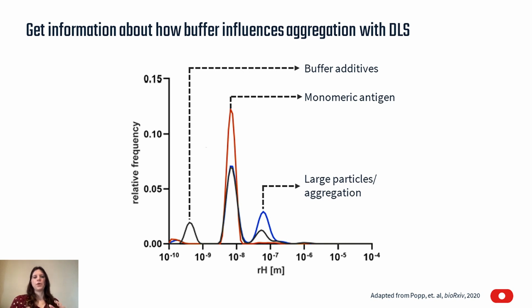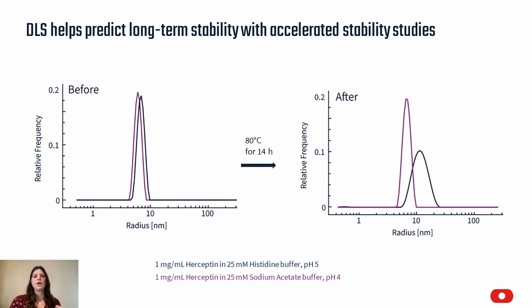Now last, I have an example of an accelerated stability study. Biologics teams need to predict how their candidates will behave long-term, and accelerated stability studies help with that. A biologic is stressed for a relatively short time period, and then the information is extrapolated to predict how it will behave long-term. Here we have Herceptin, a monoclonal antibody cancer treatment, incubated in 2 different buffers at high temperature